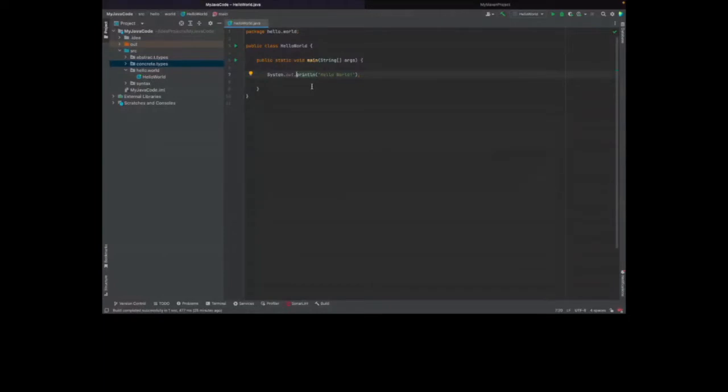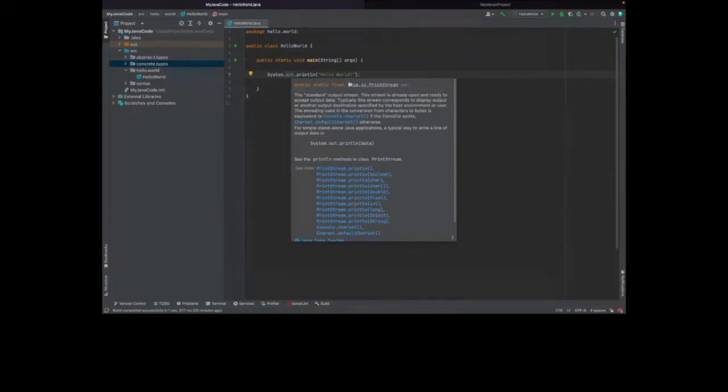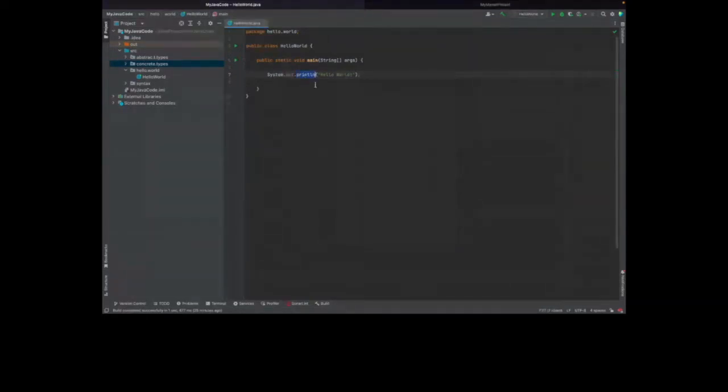And then system out print line. If you're familiar with JavaScript, this is essentially the same as doing console log hello world. Instead of accessing the console and logging something out like in JavaScript, it's going to access the system, it's going to access the print stream out object, and it is going to print a line to the print stream out.